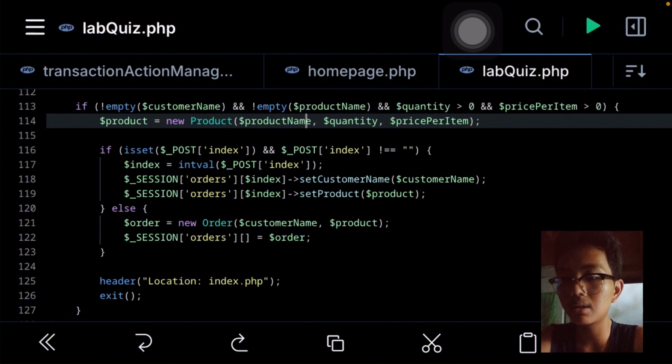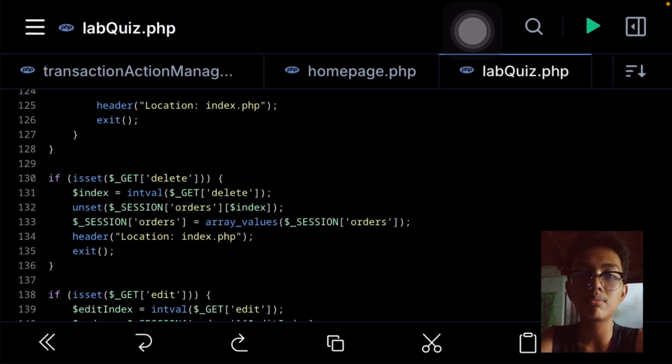Next, for the else block, which means that the user is not editing, we will create a new order that accepts 2 parameters on its constructor, which are the customer name and the product object. Next, we will store it inside the session orders array. And after all those procedures, we will redirect the user to index.php and exit so that the code below this block will not be executed.